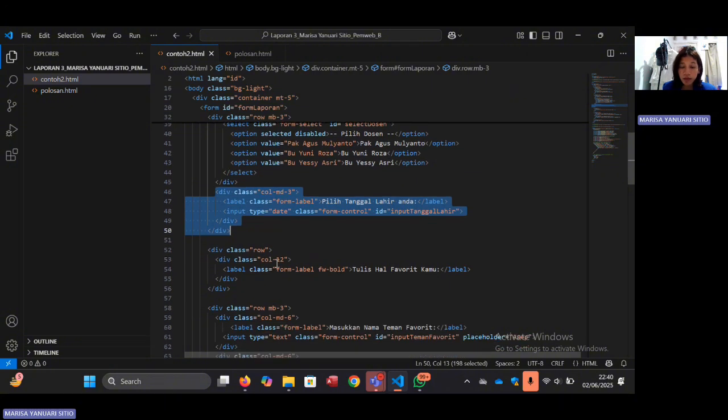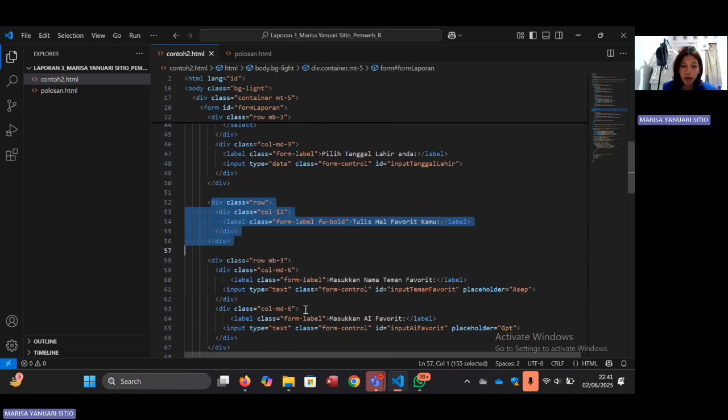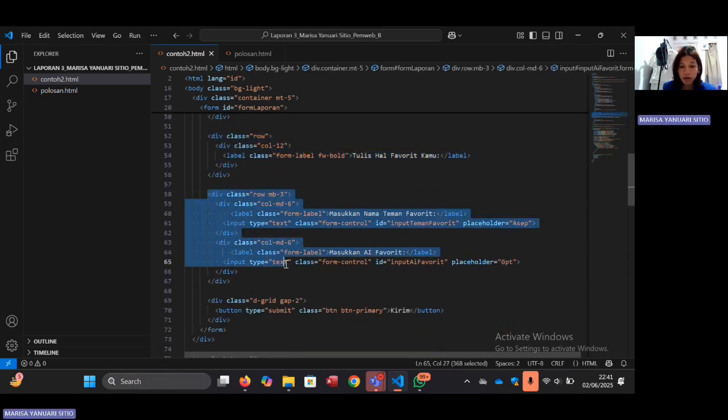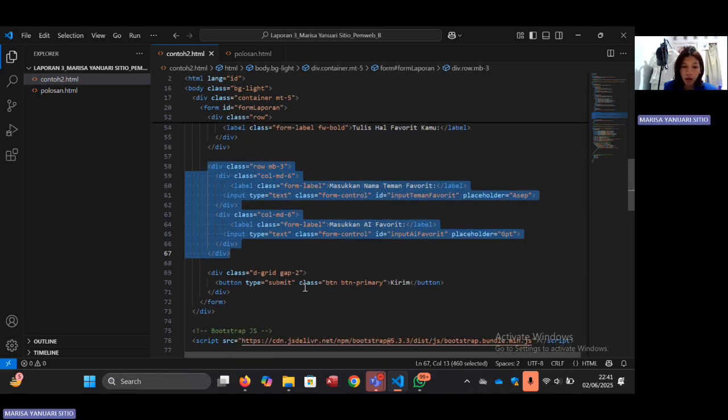Favorite items section: a full-width label prompting the user to fill in favorite items, and then two text fields, one for the user's favorite friend's name and one for their favorite AI tools.